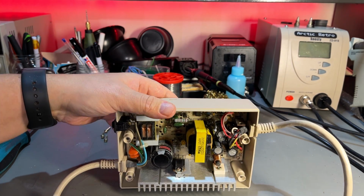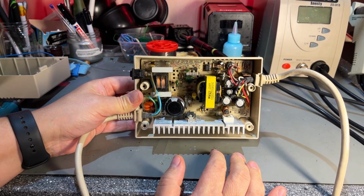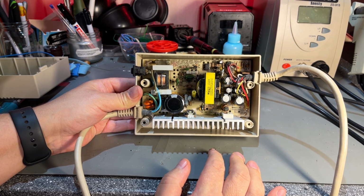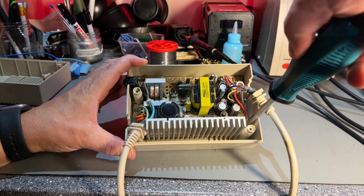Yeah, there it is. Just as a precaution, I do not recommend you work on power supplies if you don't know what you're doing, because it can be really dangerous. You can get a shock and you can kill yourself. Don't want to have that on me. There's a couple of screws down on the